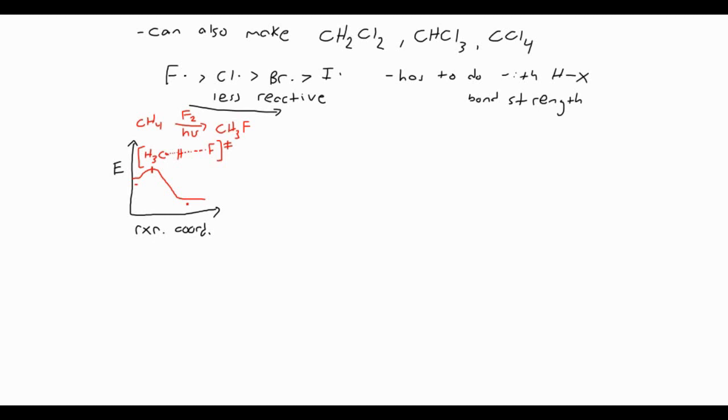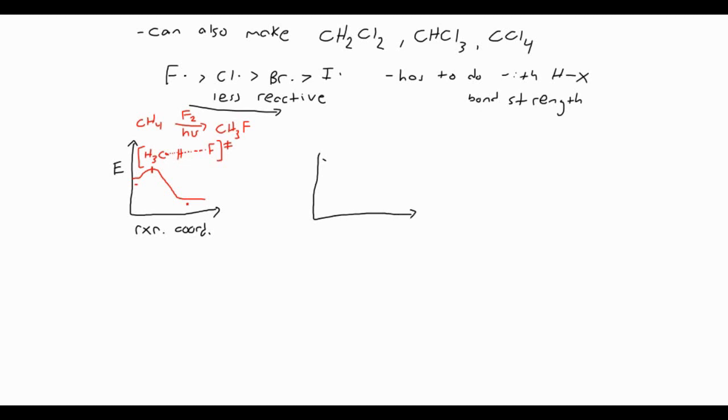In the process, when that hydrogen is coming off, the CH partially broken bond is going to be a lot shorter than the HF partially formed bond. Because again, hydrogen really likes to be with fluorine, so it doesn't take much for the hydrogen to come off of the carbon. However,